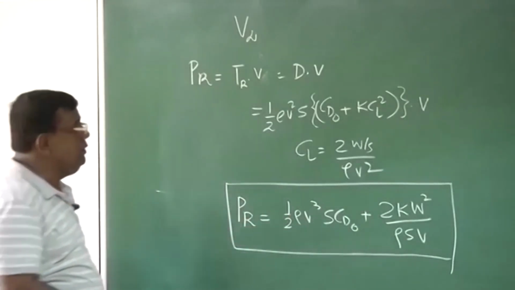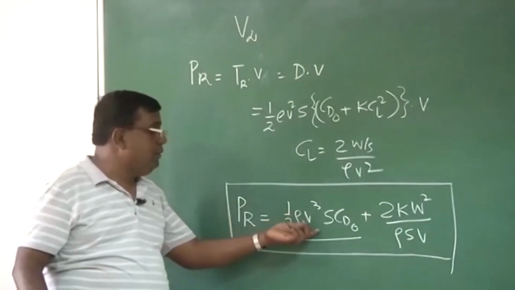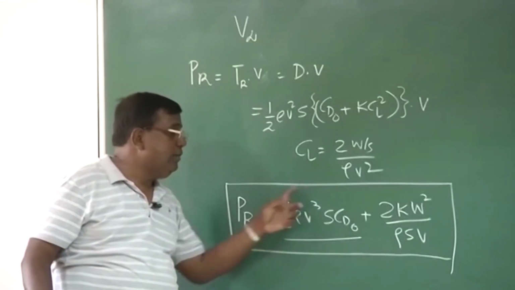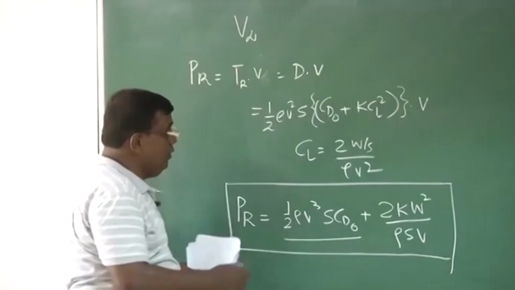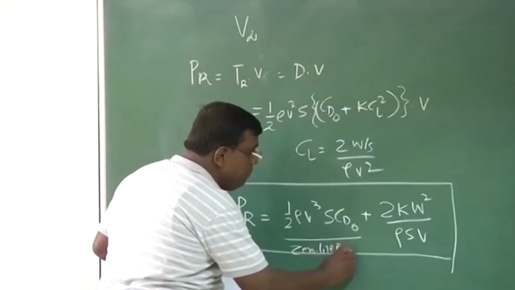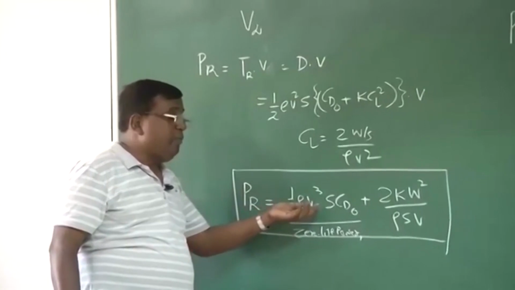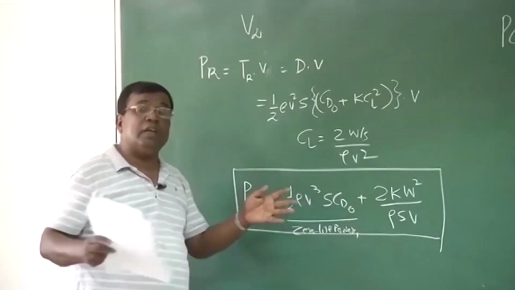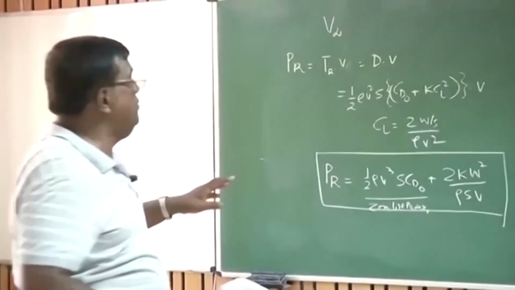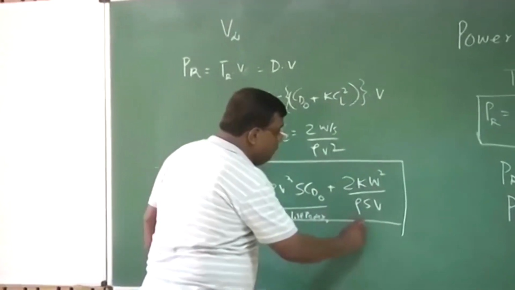What is important for us is, what is this term? This says, as the speed increases, power required also will increase as far as this term is concerned, and that is called zero lift power. The physical interpretation is, if you make the airplane aerodynamically efficient, in a sense the shape is such that its parasite drag is minimal, then you have this value also less. And the second one goes inversely with V. This is the induced power,